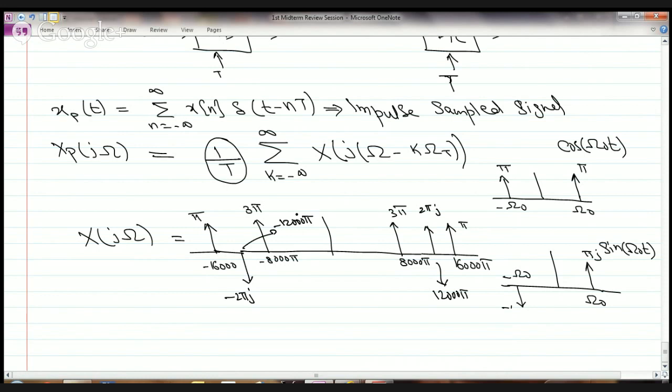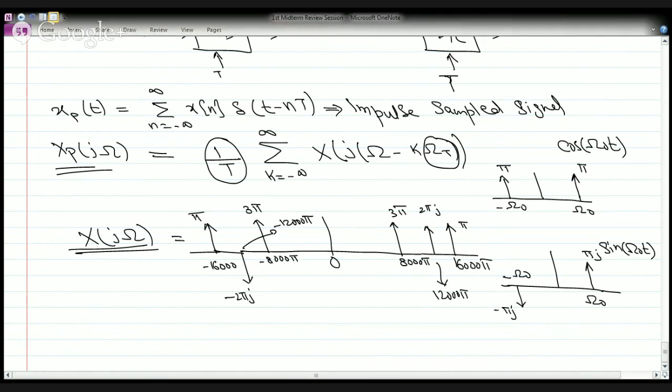And now doing the plot, it is simply, this is my main copy. So now I just have to write down this Xp of j omega as you have multiple versions of this copy separated by multiples of omega t. Okay, and the 1 over T factor, now when you do 1 over T, one of the things that you should be careful about, if you look at the solution,